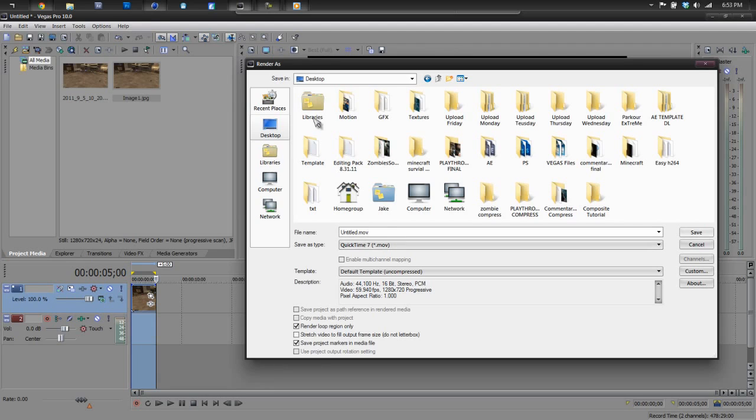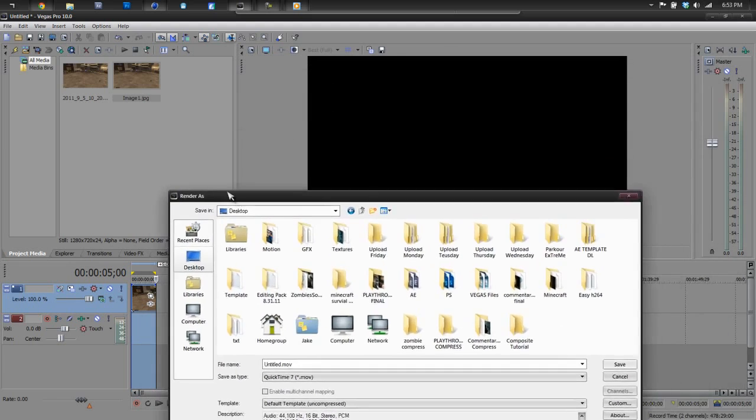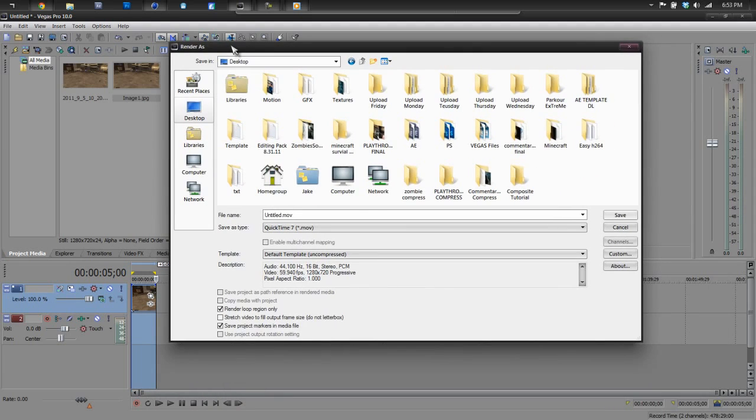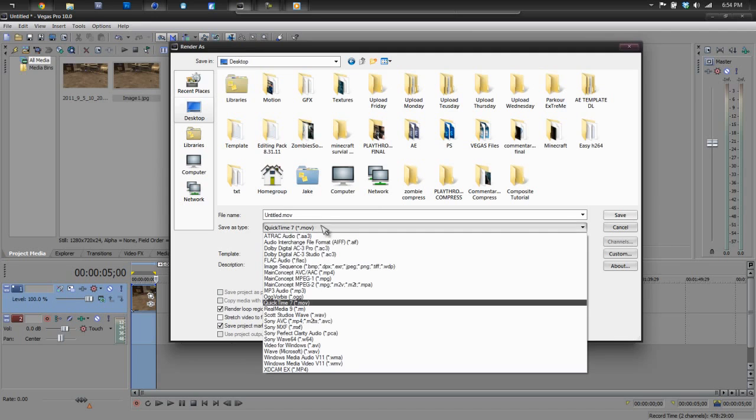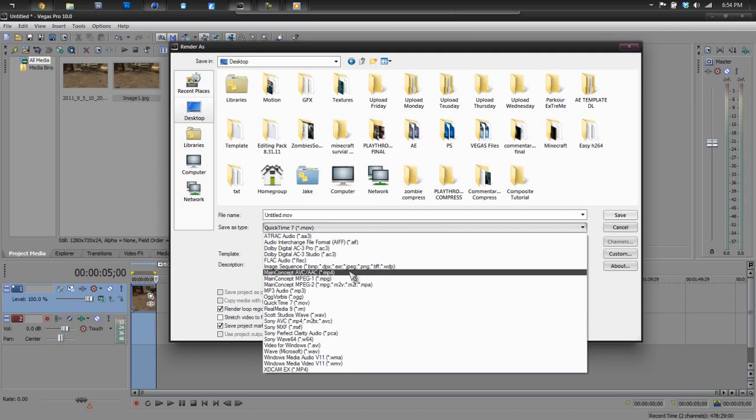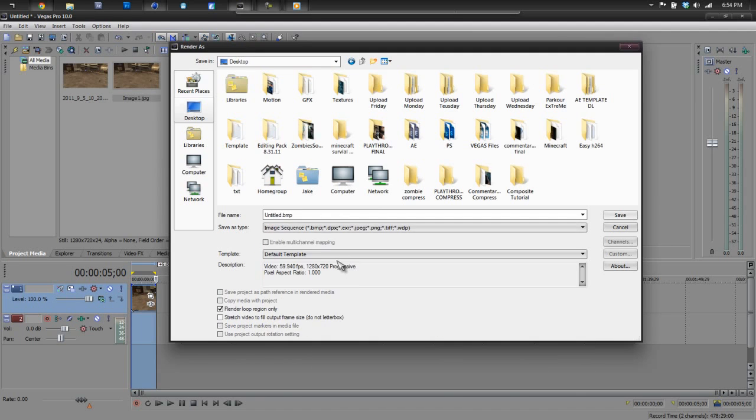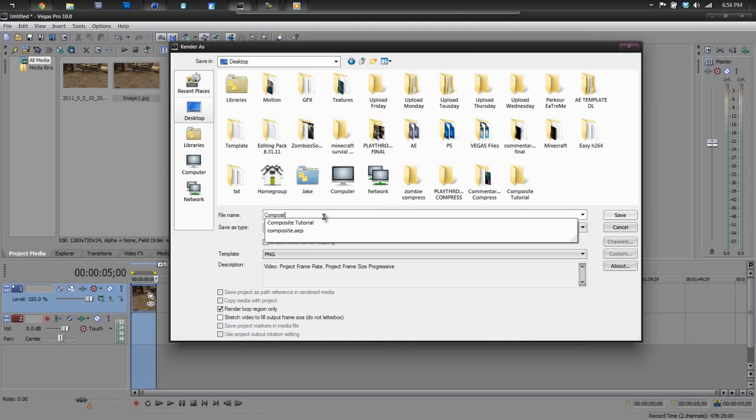And you may be wondering why we're rendering a still image out into a video file. We just have to. It's not like After Effects where you can do a PNG sequence. I don't think you can. Oh, you could. Just go with PNG sequence. Alright, that's much easier. I wasn't expecting that. So we're just going to save this as composite as a PNG